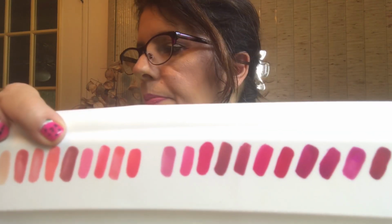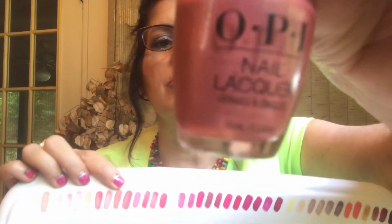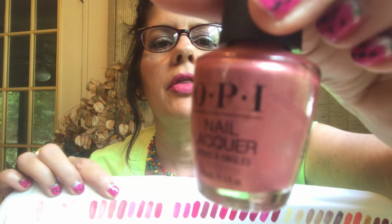But there's so many shades. I'm not sure what's discontinued, but you can always find it on eBay. Now, this shade I absolutely love for summer. This is Casa Melted in the Sun. I absolutely love it. It is just a great shimmery, peachy sand